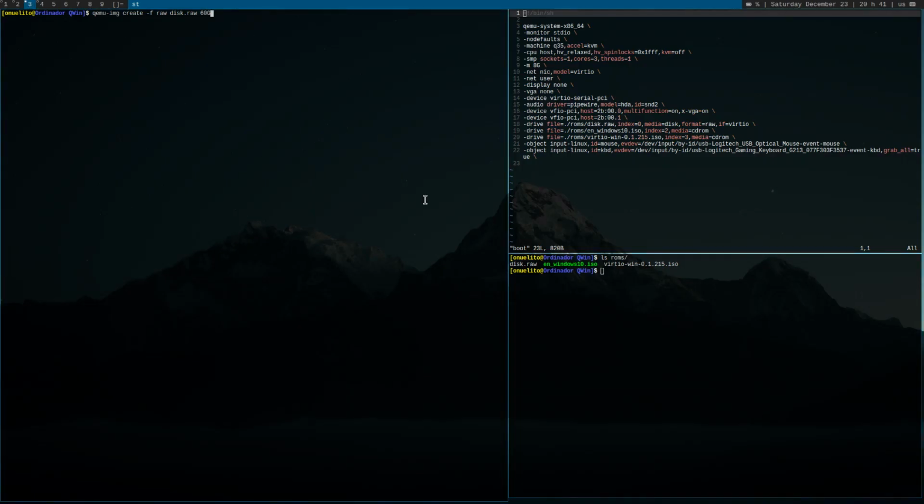After this is done, you're going to create a shell script. I recommend you use a shell script to do your QEMU setup because as you can see in this shell script, there's quite a bit of lines. Now I cannot explain everything that this shell script does because I don't have a lot of knowledge on QEMU, but I'll explain a couple of things. Over here we have all the files that we need. We have our disk, we have the Windows ISO, as well as the Fedora ISO that we need to install the guest